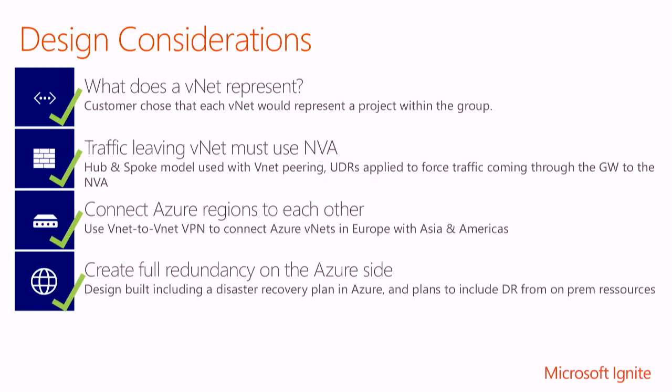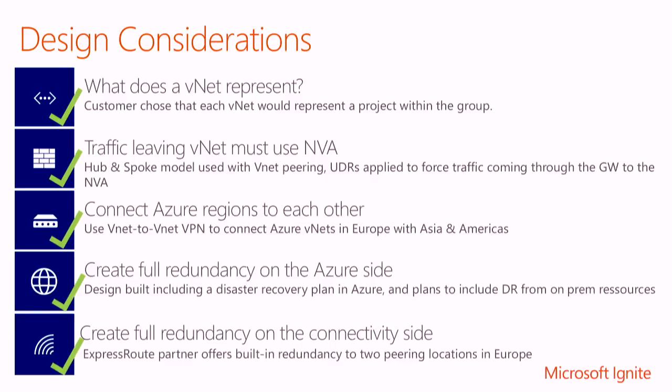Connectivity, we were able to come up with a VNet to VNet connection option. Again, redundancy was the big thing. So the whole point of this particular customer's exercise was all about providing redundancy all the way from their on-premises through the connectivity partner that we went through, and then to Azure as well.